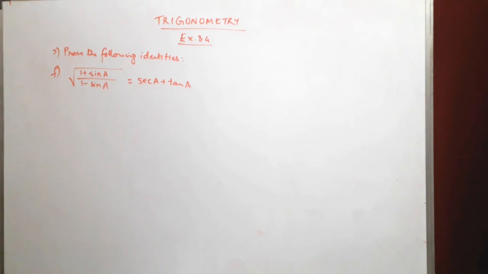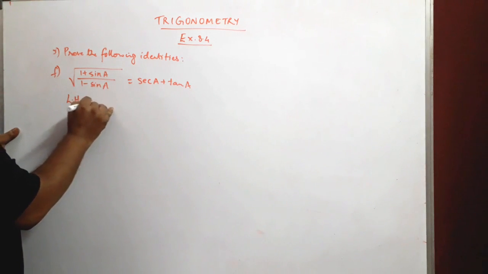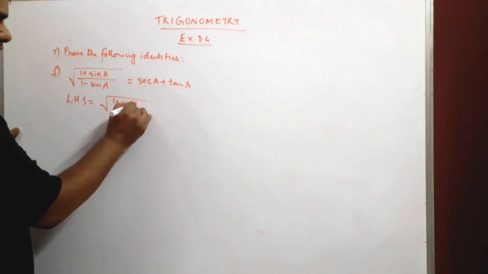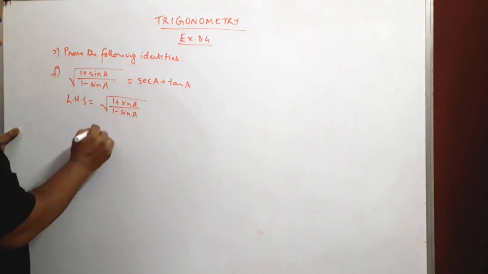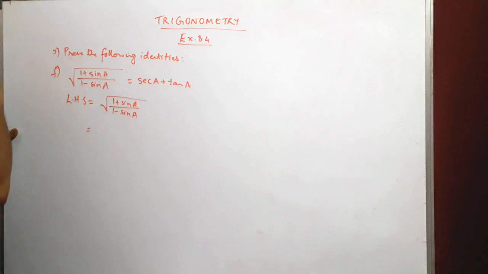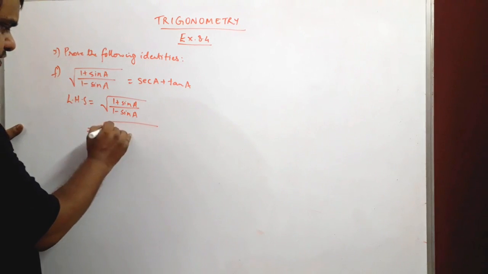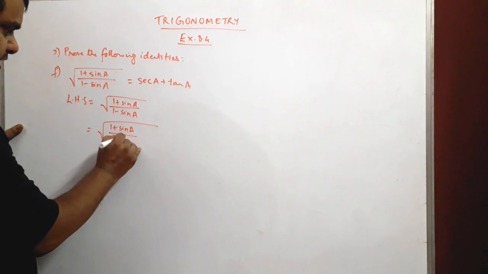In our next problem we have to prove root of 1 plus sin a upon 1 minus sin a equal to sec a plus tan a. We will take left hand side, which is equal to square root of 1 plus sin a upon 1 minus sin a. So we will go ahead to actually rationalize this thing. So what we will do is we will keep 1 plus sin a this way upon 1 minus sin a,